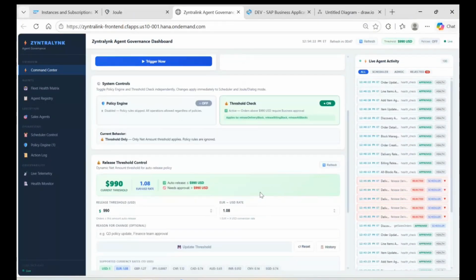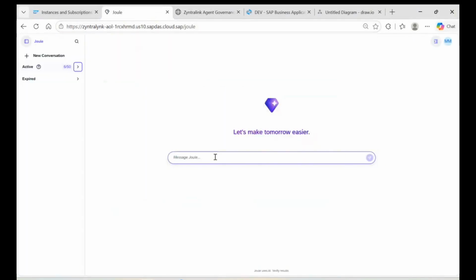This dashboard serves as a single source of truth for all business rules. For instance, our scheduler periodically identifies sales orders with billing or delivery blocks and validates them against configurable conditions, such as a net amount threshold, before releasing them. Critically, any rule updated in this governance dashboard is immediately applied across the entire solution. Both conversational AI and the autonomous scheduler use the latest configuration for all future executions, ensuring consistent business decisions without